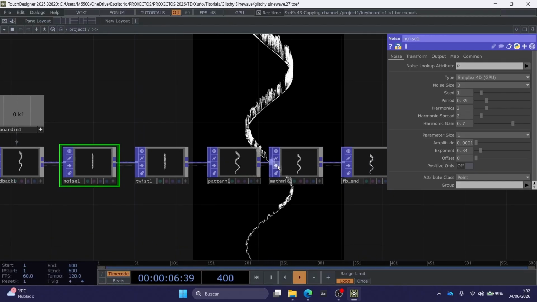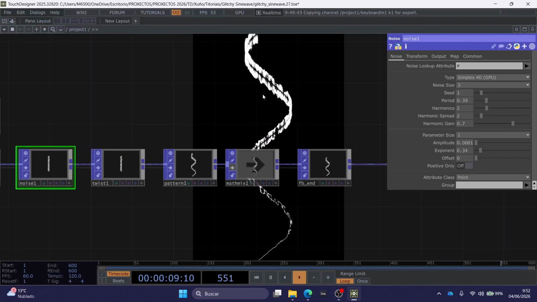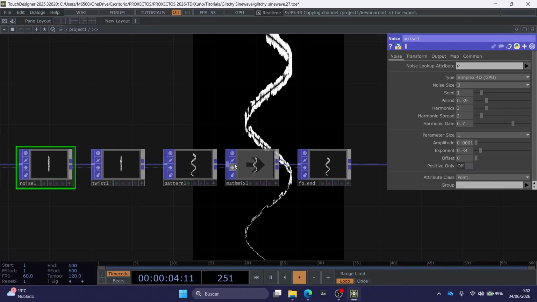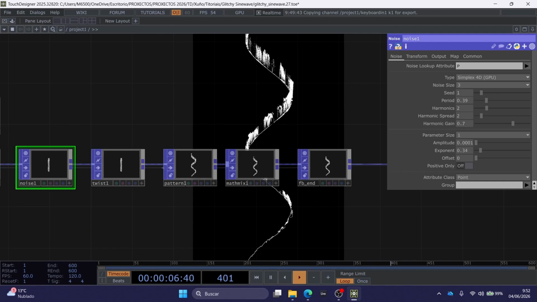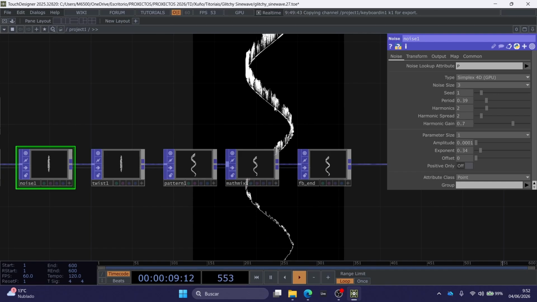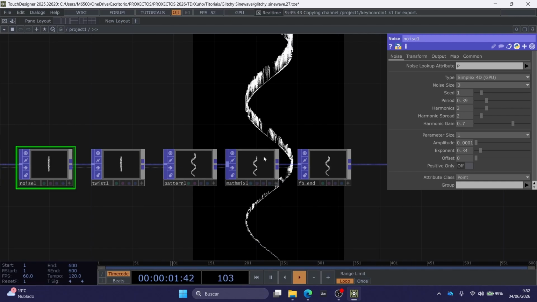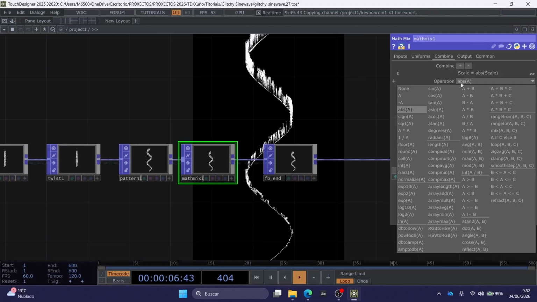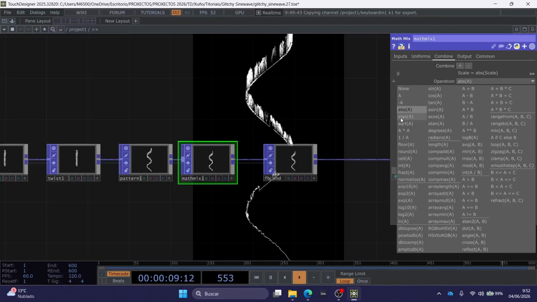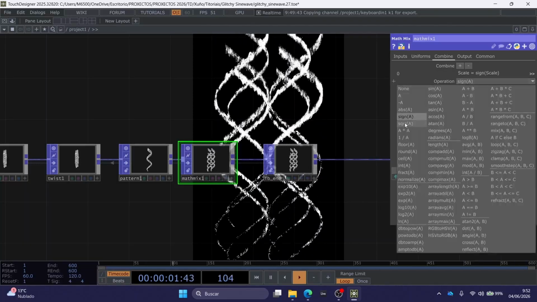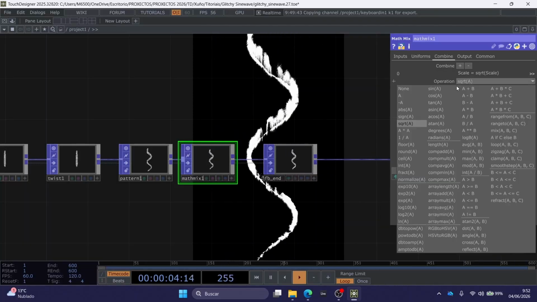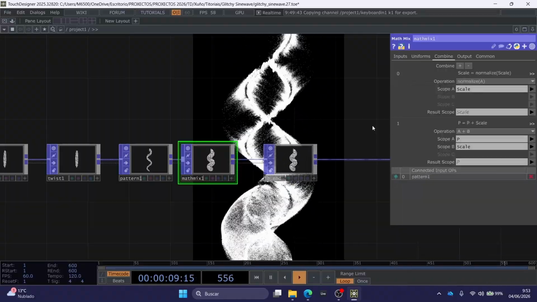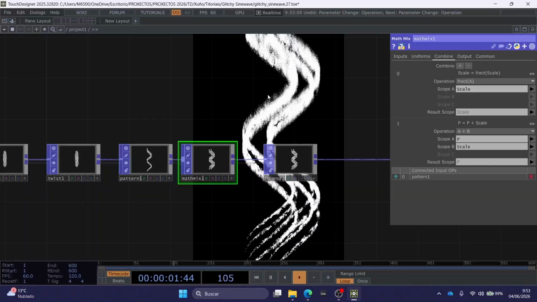If we deactivate the math mix, we can see that here the noise is on all the sine wave, but if we activate again the math mix, it is like some kind of trail. You can change the sine wave changing here the scale. For example, sine, we make this. There's a lot of possibilities with the math mix operator,